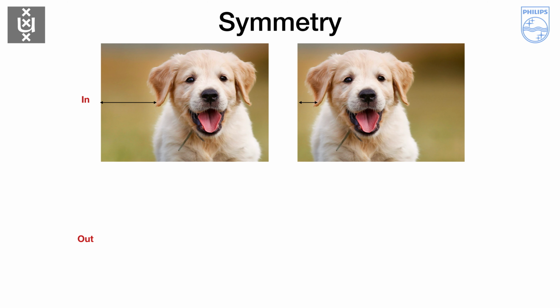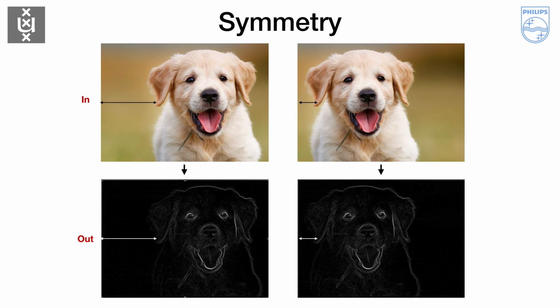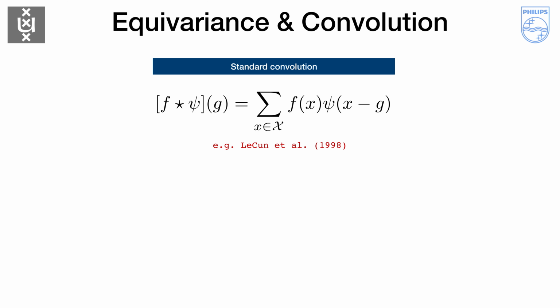CNNs. A key feature of the convolution is that translations of its input result in translations of its output, as we see here. It turns out that up to a basis change, this is the only linear map with this property, which is known as equivariance. Mathematically, the convolution, which funnily enough is actually a cross-correlation, is a collection of inner products of an input f